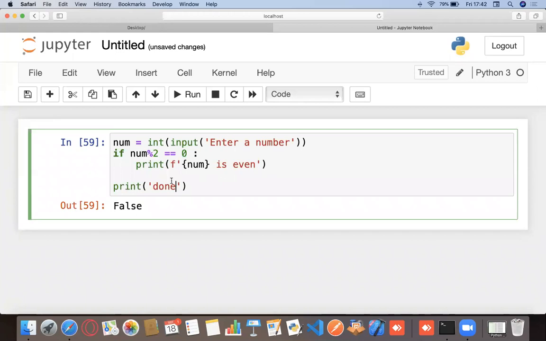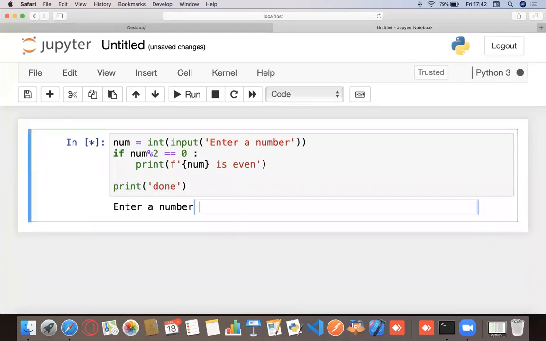Now, what's the difference between these two print statements? The difference is that this print statement is actually inside this if block. How do I know if it's inside the if block? I know it because it's indented. This one tab space in Python is necessary. Had it been any other programming language, you would have used something like curly braces. There is no concept of curly braces in Python for blocking statements. Rather, we use this colon, and anything that's indented is inside this if block, and this print statement is outside this if block.